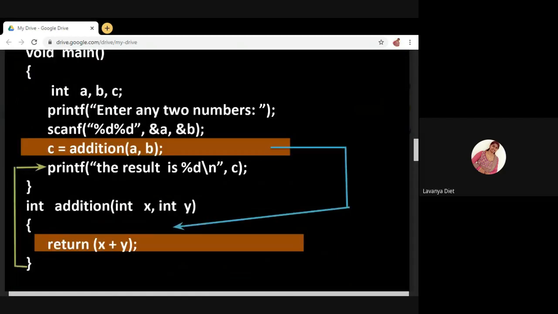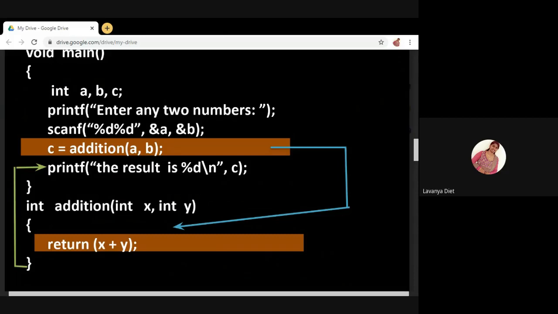After executing the third statement, c = addition(a, b), control jumps to the function definition. Now, return x + y. The a value is copied to x, so x contains the a value.